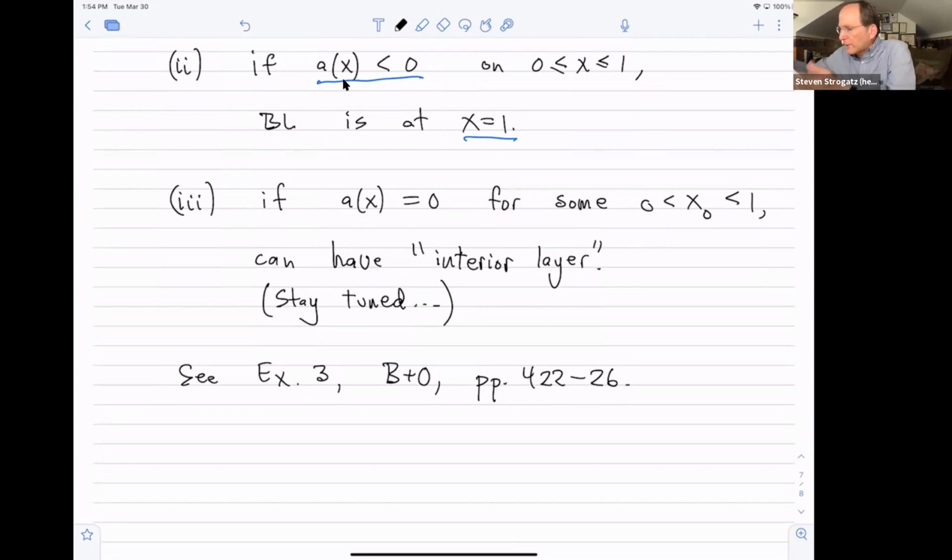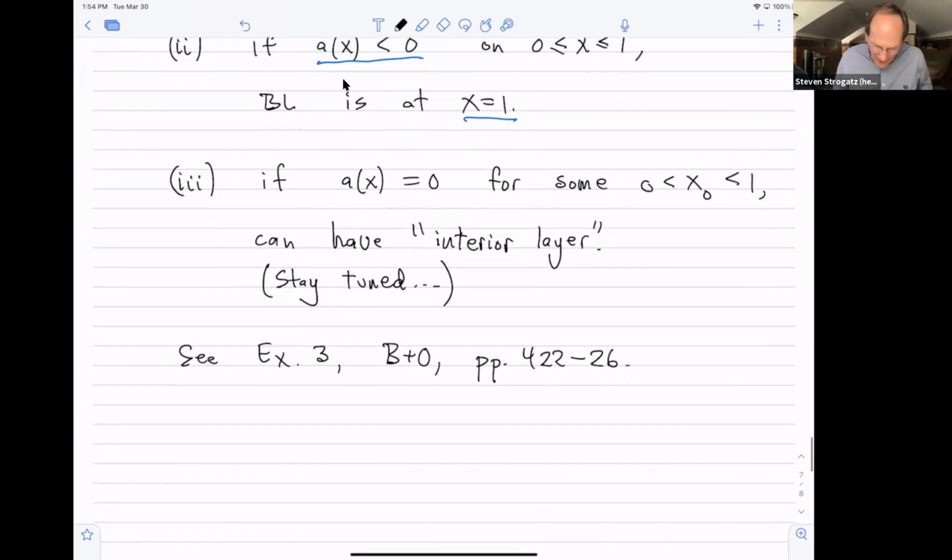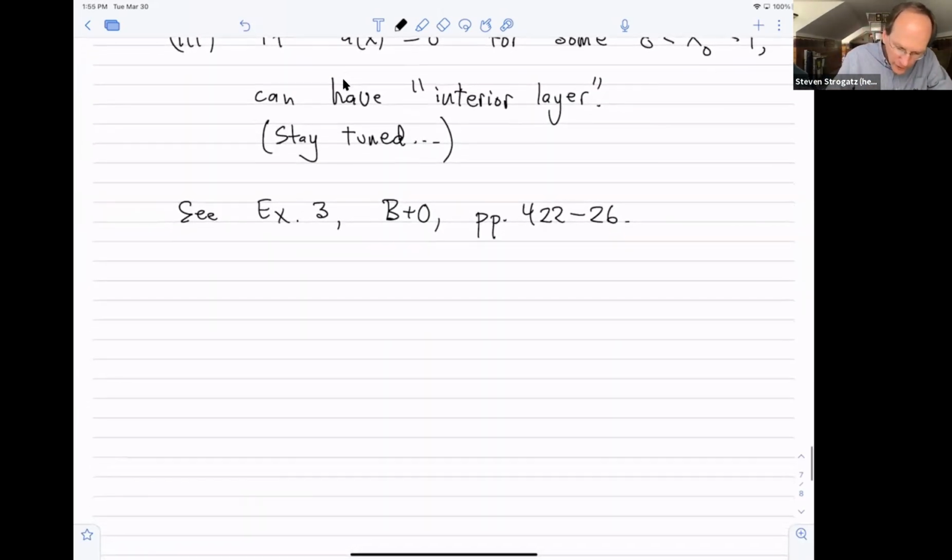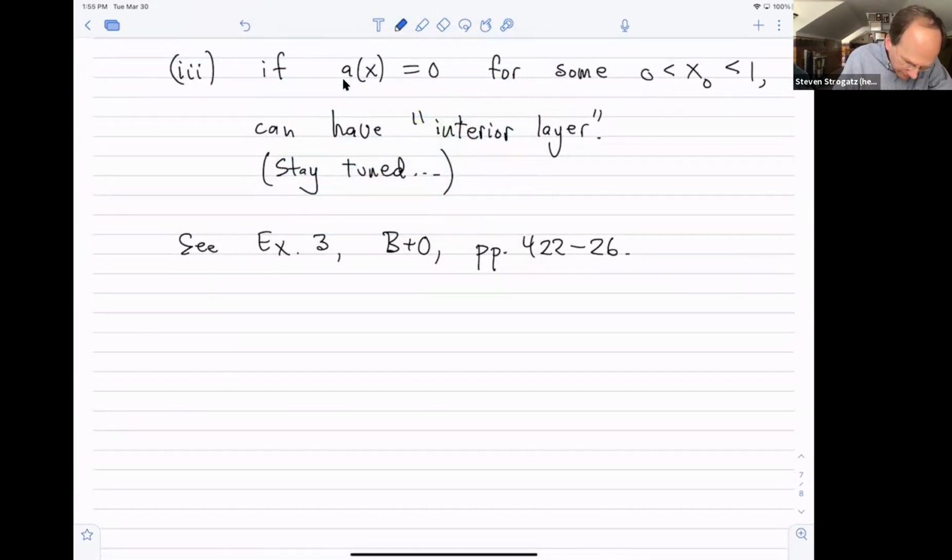Is there any question before I move on to our last example, which is to show that boundary layers can have thickness other than epsilon? So nothing about that? Okay. All right, so let's do one last example, which is how can you get a different thickness? So I guess this is example 2 now.